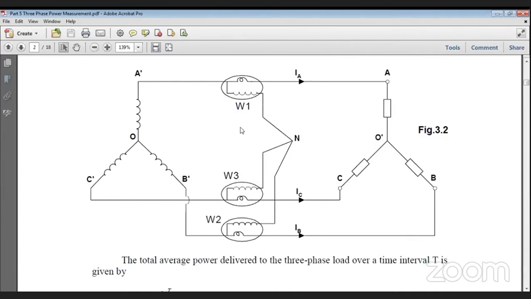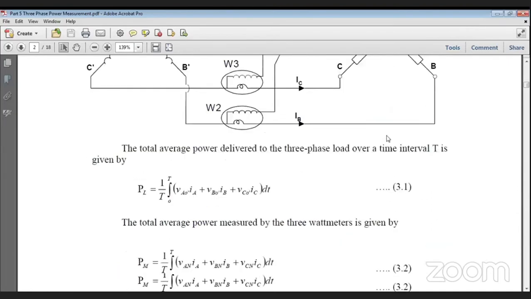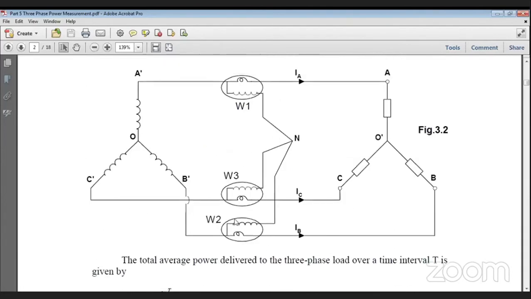Because it is coming from this fundamental derivation. So W1 plus W2 plus W3 will be equal to the total power. But if you have 3 meters on your table, you will find that 2 meters are giving a reading, 1 meter is giving you 0. Now, if that is the case, that W1 plus W2 plus W3 is equal to the total power and 1 meter reading is 0,